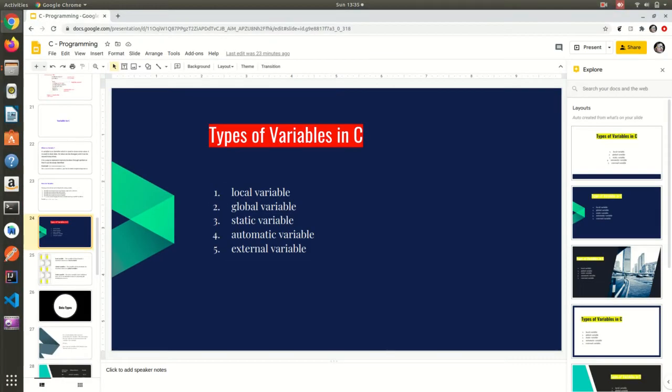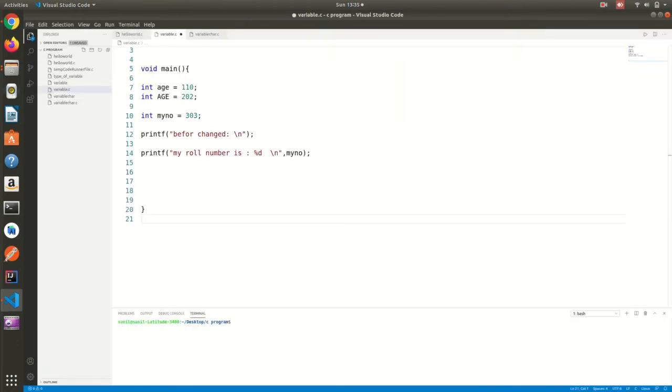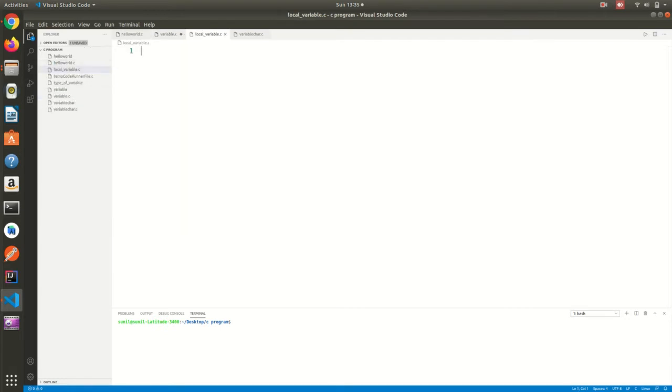Okay. So let me open my Visual Studio Code. Let me create one file, local underscore variable dot c. Okay, include stdio. Then I need to write one function, void fun a. Then inside I need to declare one int a is equal to 20. Then I need to print it